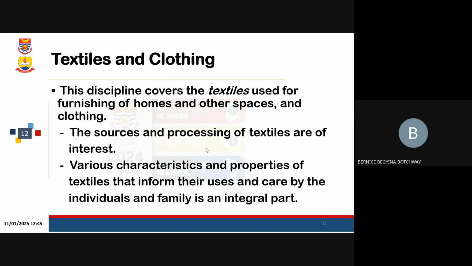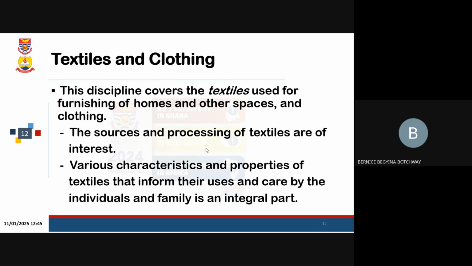We learn about textiles, the various textiles that you need in every weather to suit the various weather conditions. We also get to know the sources of our various textiles, whether they are from natural or artificial sources, and how to process these textiles, the various processes they go through, with singeing, calendering, waxing, all these processes that textiles go through